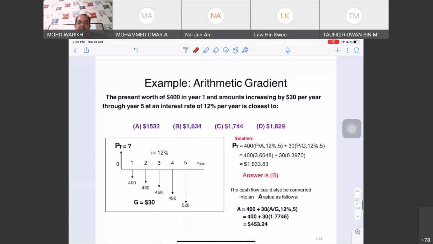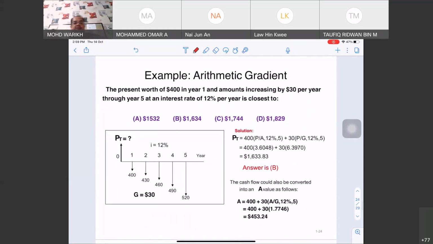Right, we go to the example for the arithmetic gradient. The present amount was 400 ringgit in year 1, with the amount increasing by 30 ringgit per year. The keyword here is increasing by 30 ringgit per year. It is a gradient G. Year 5 is N. Interest I per year is closest to what? So that means you just make a two